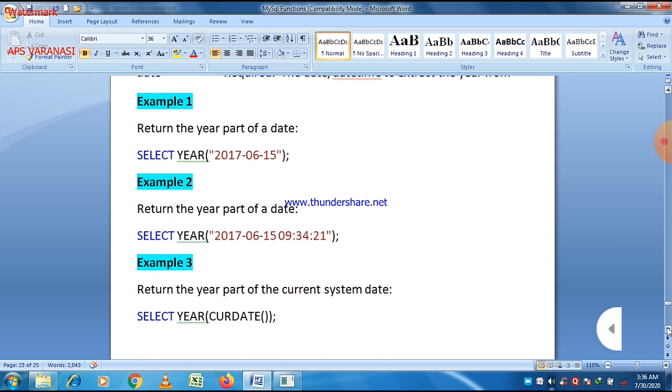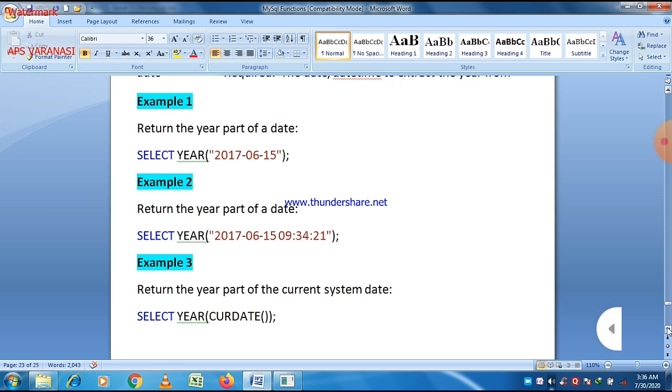You can also give a date value with the time stamp. And third, we can use it with the current date function also. So these are the three possibilities of the year function.